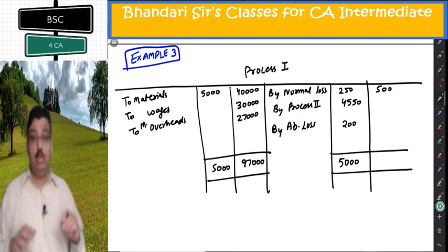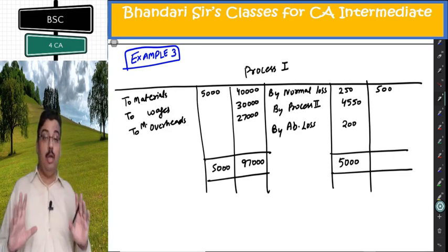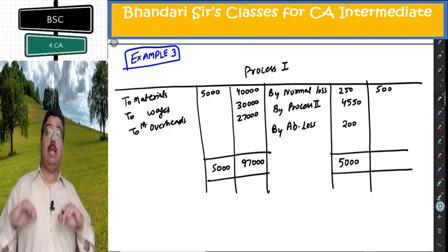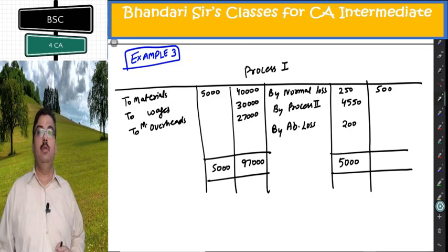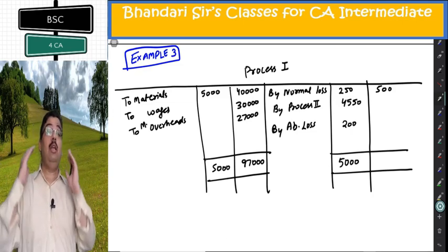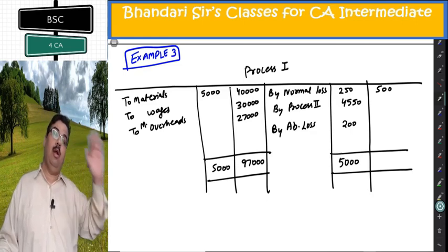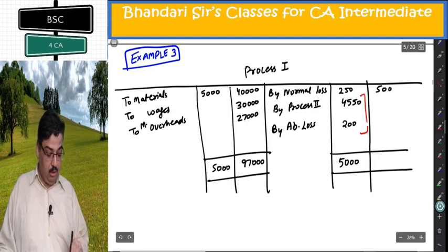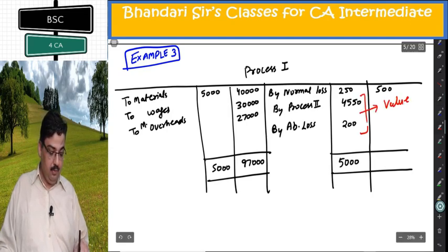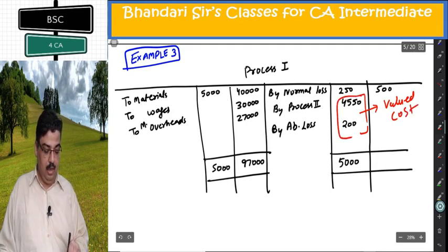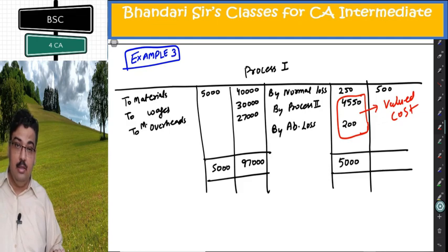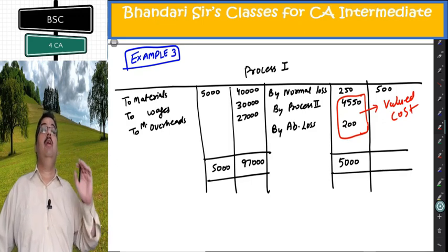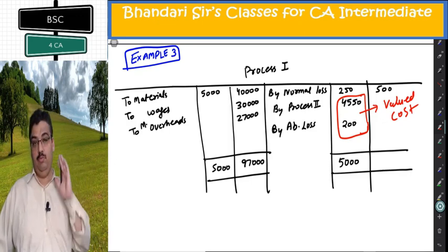Will abnormal loss units be sold at scrap value of 2 per unit? Yes. Will that 2 rupees be recorded in process account? No. Very important. Will it be sold? Yes. Will it be recorded in process account? No. It will be recorded in abnormal loss account later. They both will be put on the basis of valued cost. Very important. Abnormal loss, abnormal gain and units transferred to next process are all put on the basis of valued cost, and after putting at valued cost, the process account must tally on its own. Very important thing.